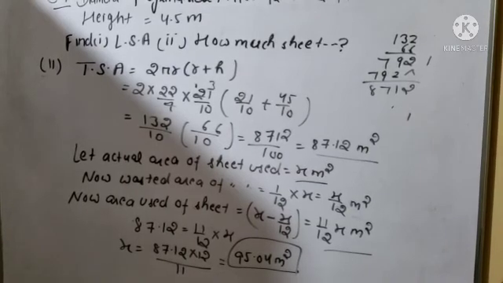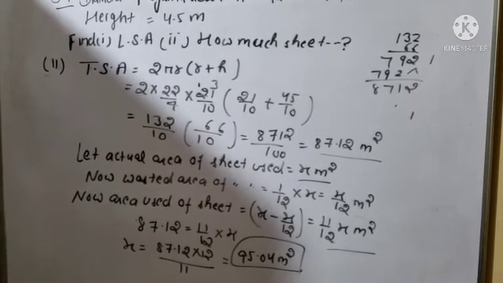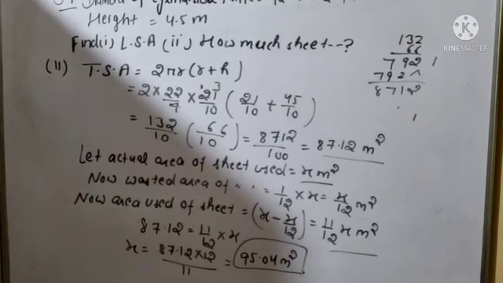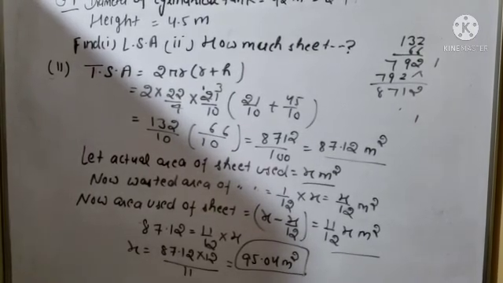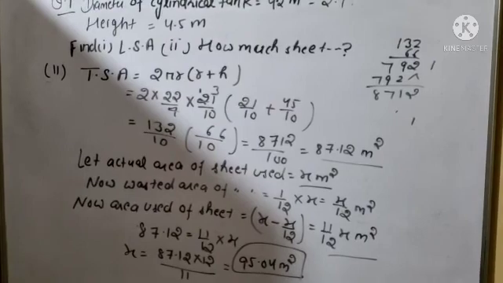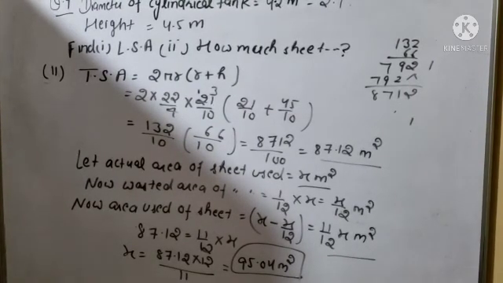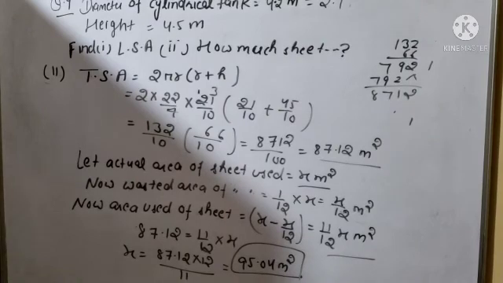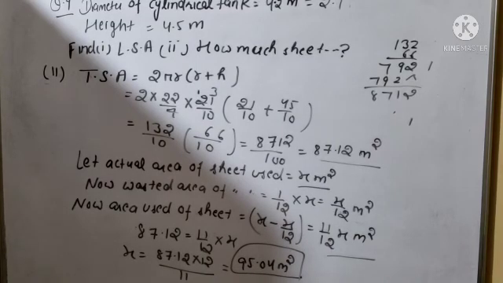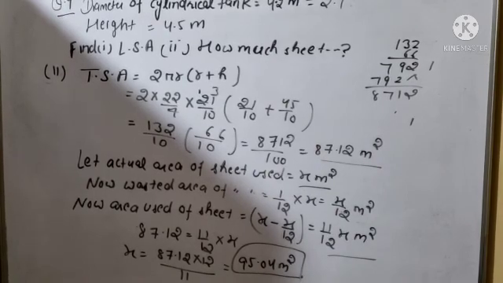And now question number 10 and 11 you will try yourself. If you have doubt in both question 10 and 11, you will ask in your doubt class only. I will not explain on the board because we have to complete this chapter very soon. And with this question we have completed our second exercise. In the next video I will explain the next exercise 13.3. So questions 9, 10 and the middle 2 questions I have left, you will do yourself. In doubt class you can ask if you have doubt.